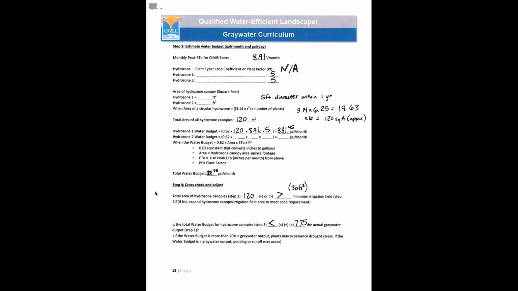And then the last step, we looked at the gray water production versus the amount of water that the plants need, and determined, is it more or less? So our total amount of water needed was 331.45 gallons per month. And then our